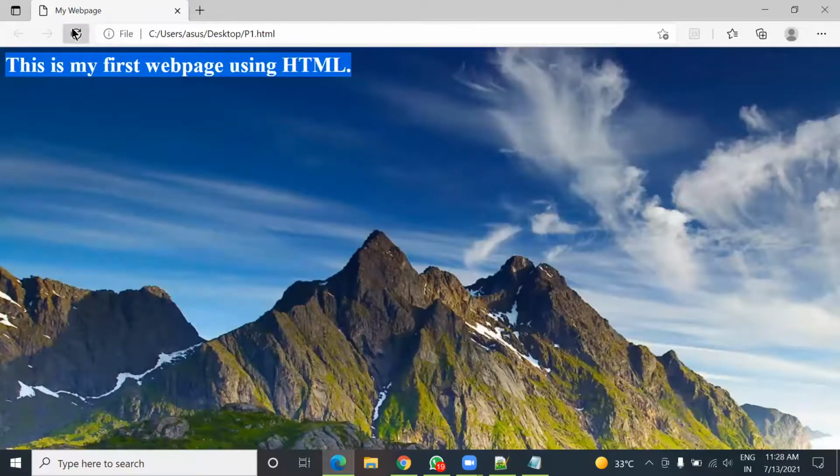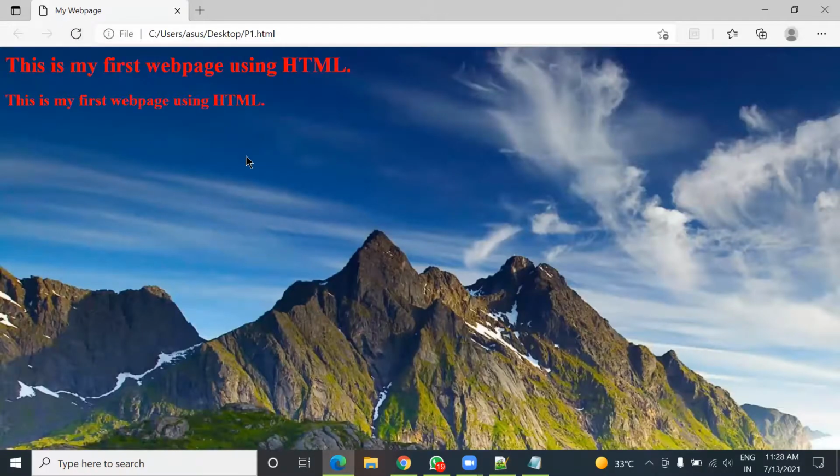Now compare the sizes. The second text is slightly smaller in size than the first one.